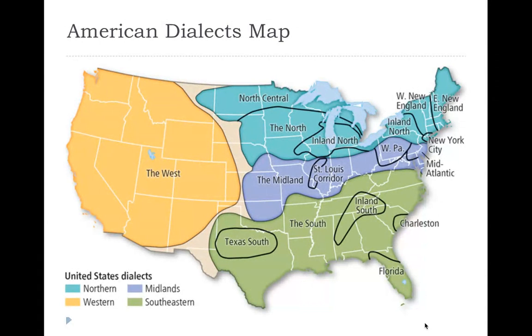The north dialect versus the north central is slightly different, right? Think of the movie, if you've ever seen the movie Fargo, right? Where you're kind of stretching out and maybe speaking a little bit more slowly, and some of those Minnesota, that's where we get the idea of kind of the north central. And obviously that's going to be different than East New England, right? Different pronunciation and different dialects, but it's similar from those areas there. And you can see the West has developed a little bit more on its own.